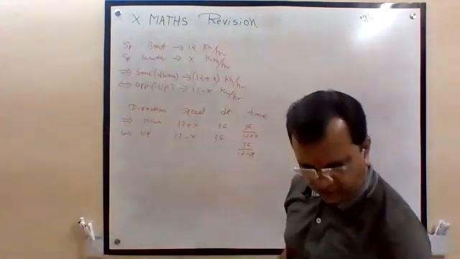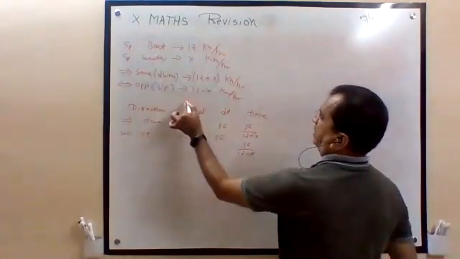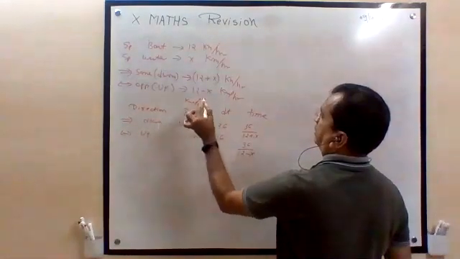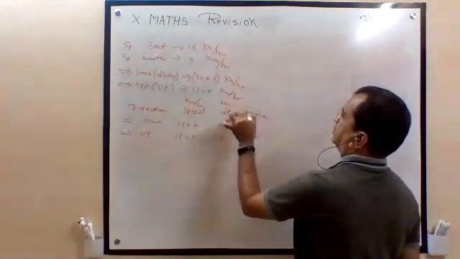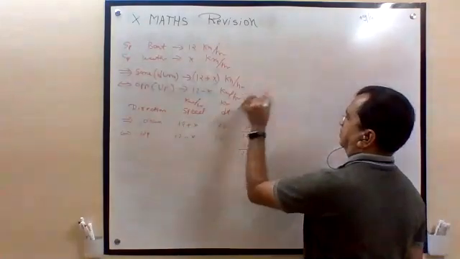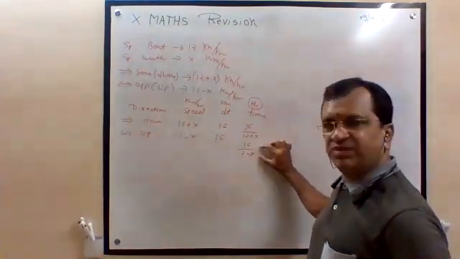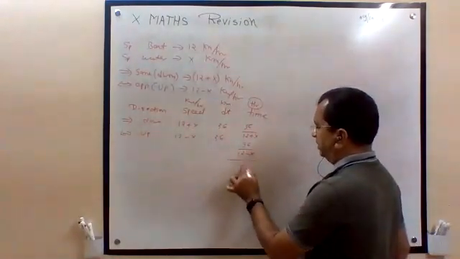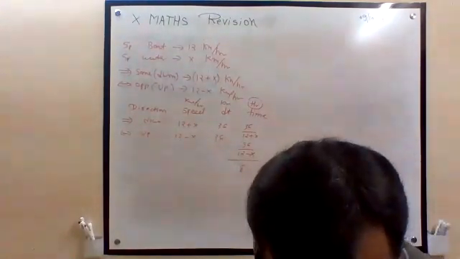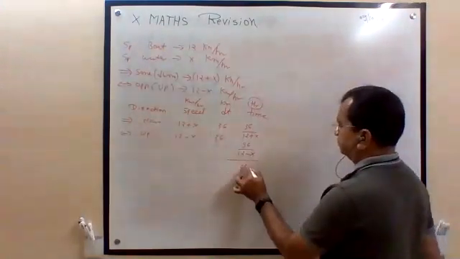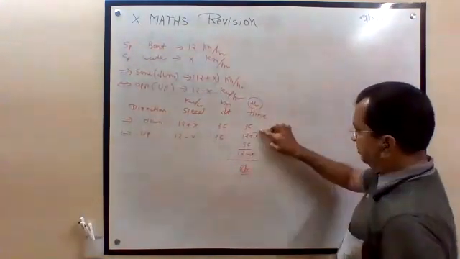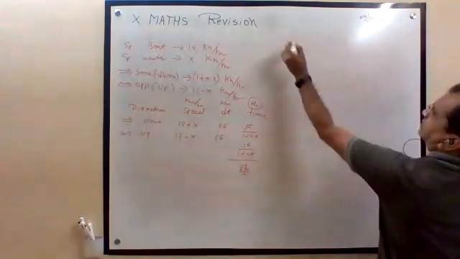Going 32 kilometers, coming 32 kilometers. So this is the speed in kilometers per hour. This is only the distance in kilometers, and this is the time in hours. Going time this much, coming time this much, but the total is 8 hours. I think they have given 8 hours in the question. So this plus this is equal to this.